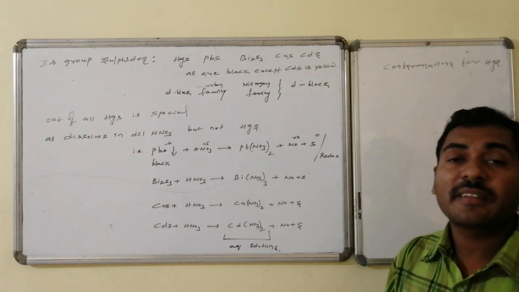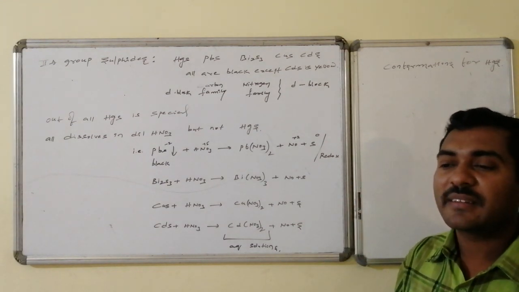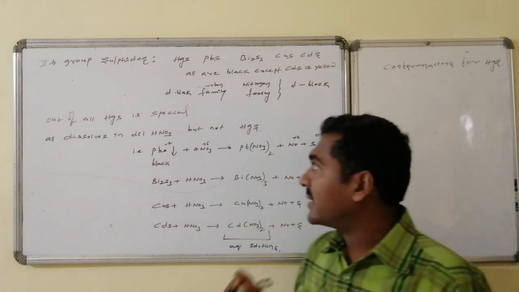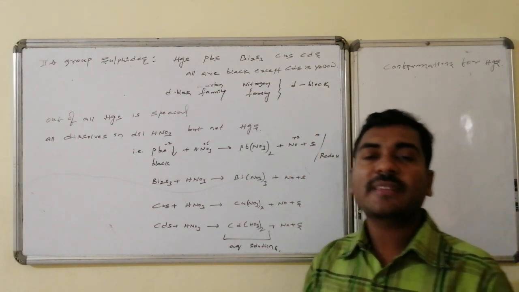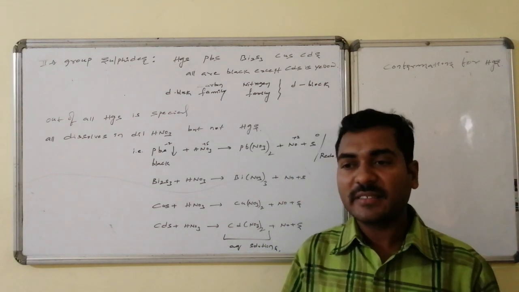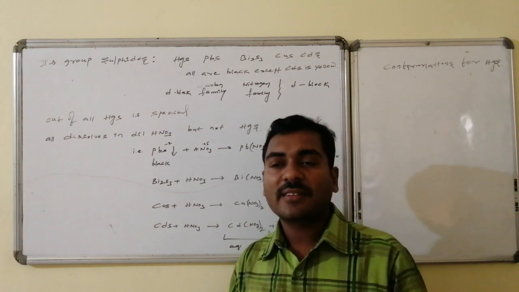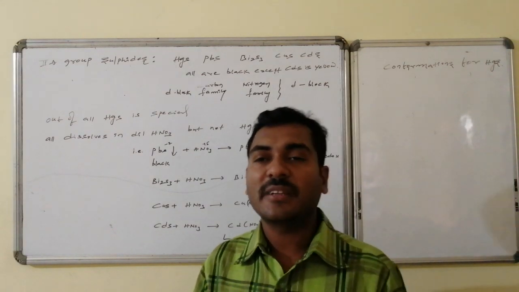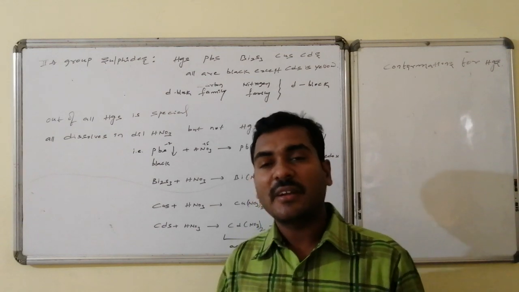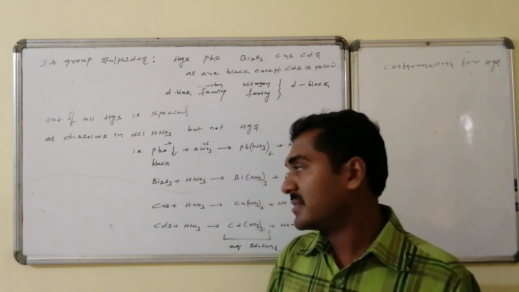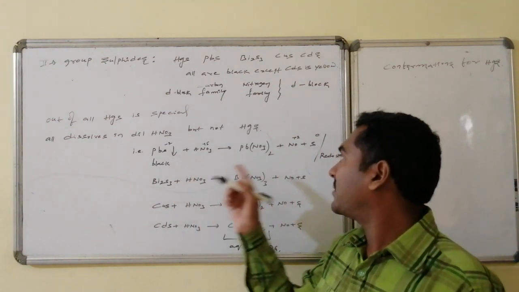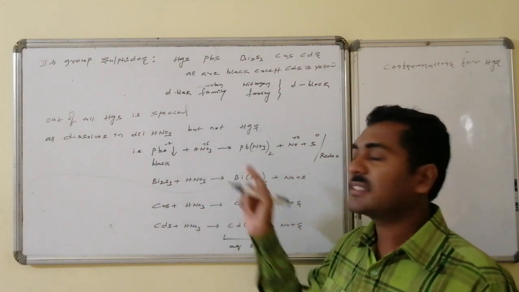The remaining three are d-block elements, that is copper is d-block, and in the zinc family, cadmium and mercury are also d-block elements. Out of all these, the mercuric sulfide behaves separately, while the remaining all maintain similarity to a certain extent. On reaction with dilute nitric acid, HNO3, except mercuric sulfide, all sulfides dissolve and form the corresponding nitrates. For example, lead sulfide is converted to lead nitrate, with no change in oxidation numbers.